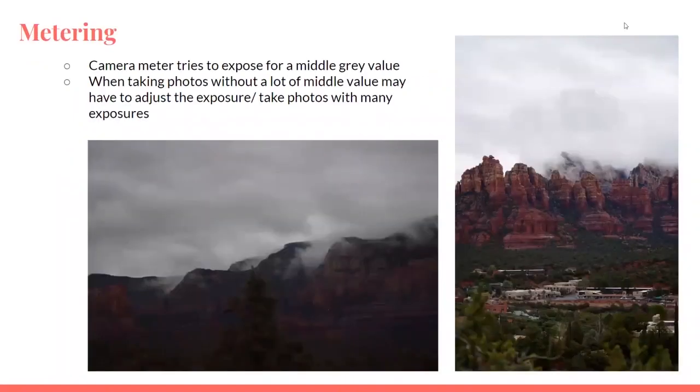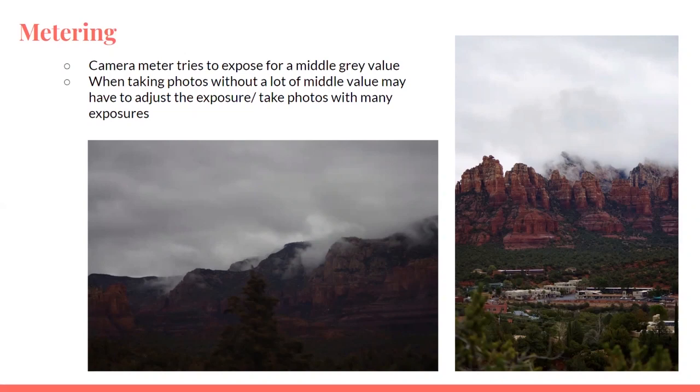Another thing is metering. When the camera takes a photo, the meter tries to expose for a middle gray value. This becomes a problem when taking photos that don't have a lot of middle values. By middle value, I mean on a scale of white to black, like a gray scale. If you were to convert your color image into that, the middle gray would be the middle gray value. So when photos don't have a lot of middle value, you may have to adjust the exposure yourself to compensate